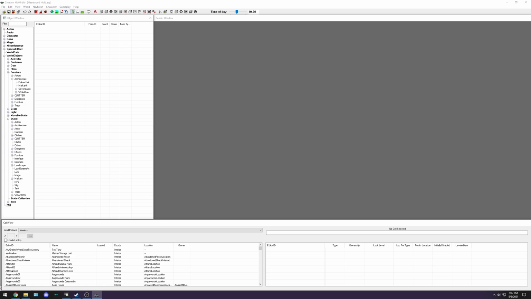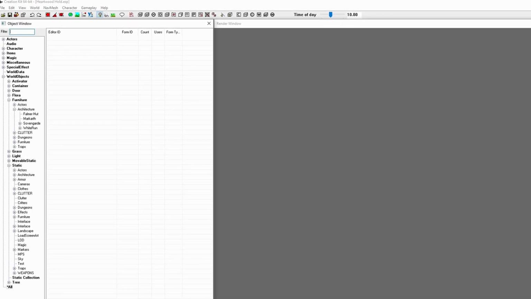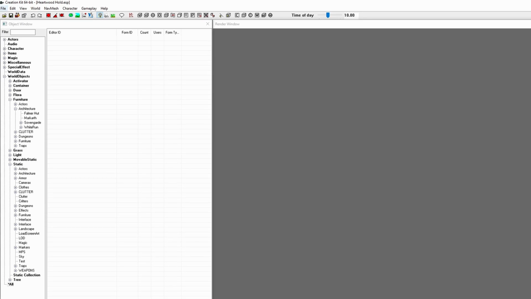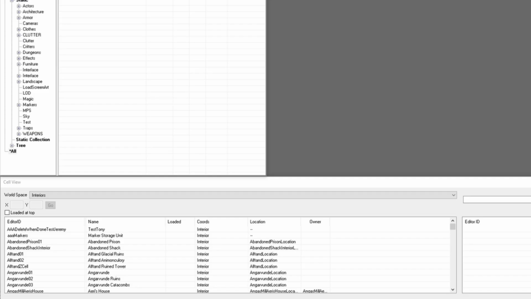So basically what all this is: the object window up here in the top left corner is basically just a list of every single object in the game that you can add, and this also includes NPCs, I believe, as well. Up across the top here, we have, as most document and Microsoft things have, the file, edit, view, all the different things you can use to change your world, and that's actually how I opened this up. Down here at the bottom, you have the cell view, which basically any area in the game,